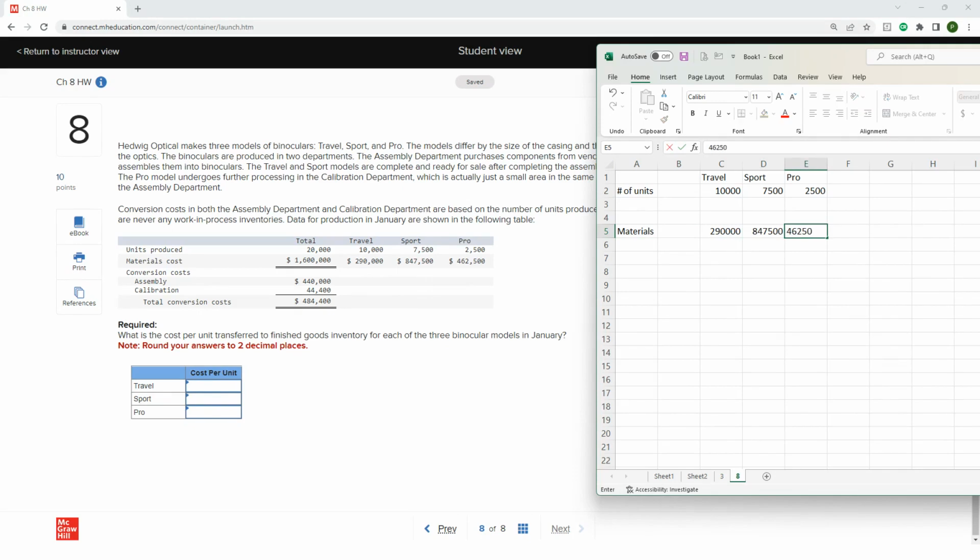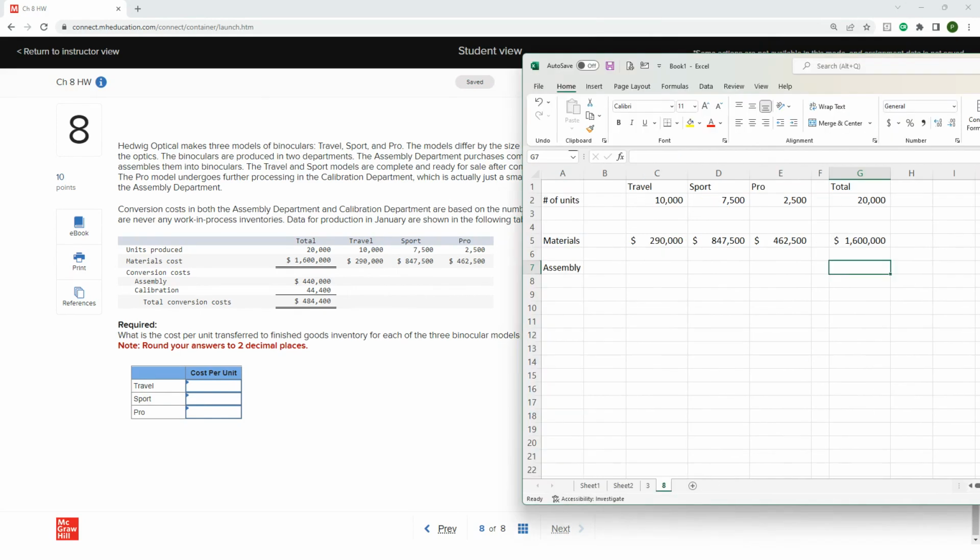For assembly, however, it just gives us totals. So we're going to have to calculate what each model should be allocated. So total assembly cost was 440,000. And so to calculate how much should be allocated to each model, that's just going to be the number of units. So for travel is 10,000. We're going to divide that by the total number of units. And I'm going to use F4 for a hard reference. And then we're going to multiply by the total cost of assembly. And so that gives me $220,000